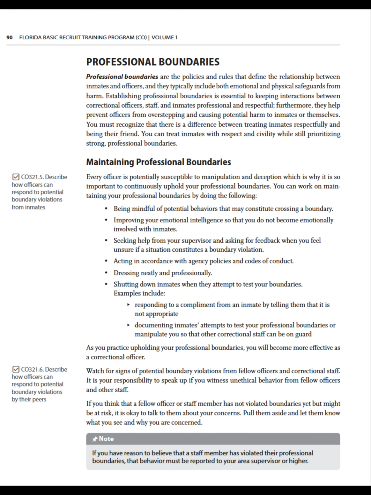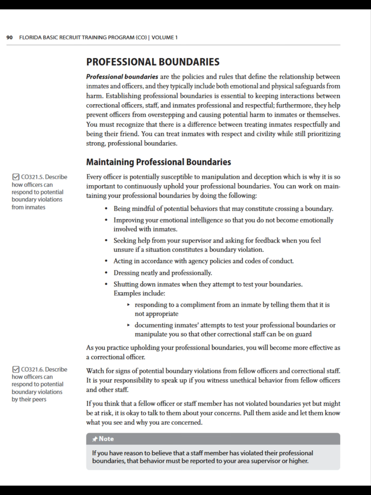Every officer is potentially susceptible to manipulation and deception, which is why it is so important to continuously uphold your professional boundaries. You can work on maintaining your professional boundaries by doing the following: being mindful of potential behaviors that may constitute crossing a boundary, improving your emotional intelligence so that you do not become emotionally involved with inmates, seeking help from your supervisor and asking for feedback when you feel unsure if a situation constitutes a boundary violation,